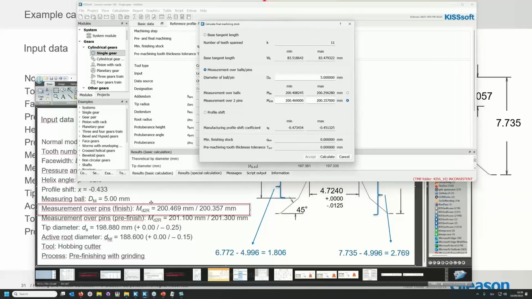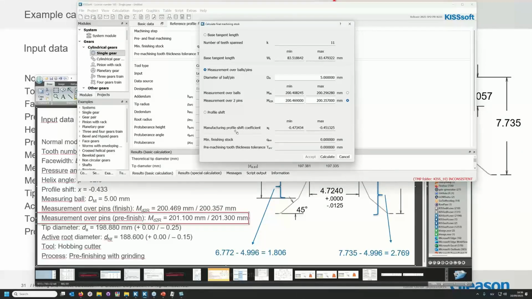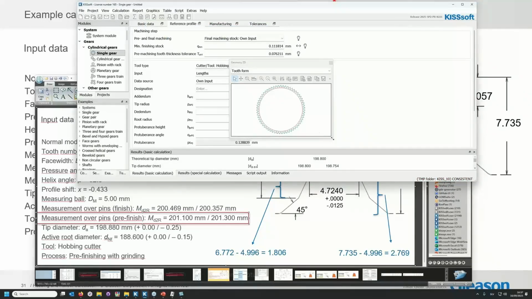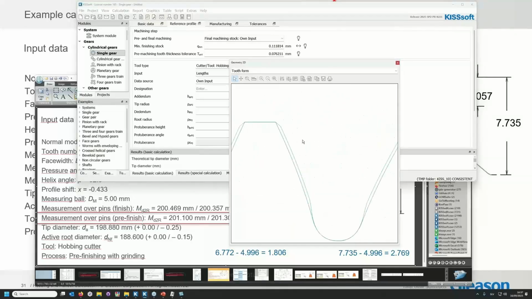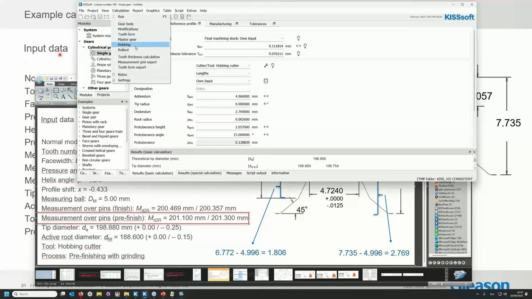And also here we have the option, or we have the data available, so 201.1 and 201.3. We calculate, and this would be our basic geometry, basic gear geometry done. If we check the tooth form, we have a protuberance, we have a final tooth form, and what we can do now is we can move now to the rollout